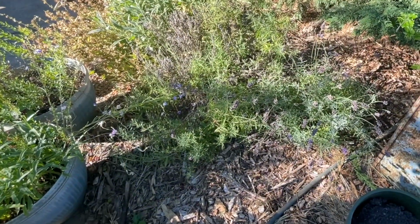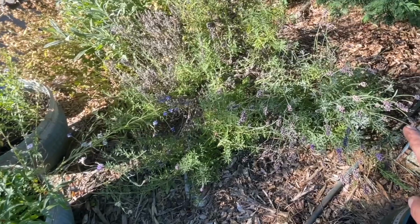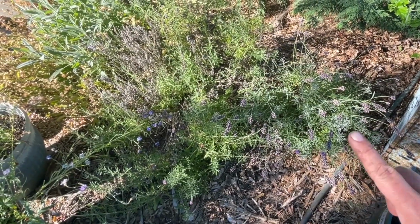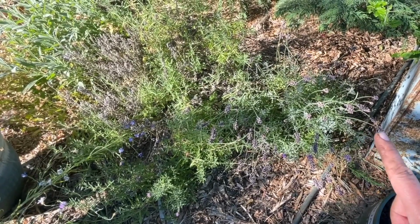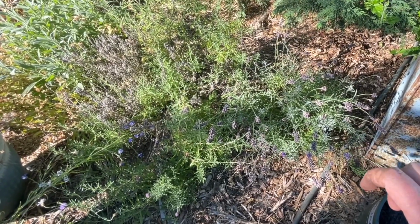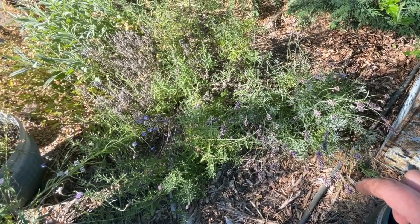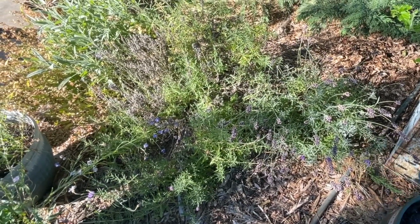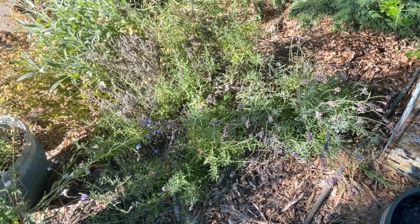Next, I'm going to move over to these two lavenders. This is a spike lavender. I don't use it for any culinary purposes, but I do like to put it in bath teas or potpourri, which I don't usually use, but sometimes as a gift, or in Epsom salts for baths. So I am going to harvest the flowers, which are